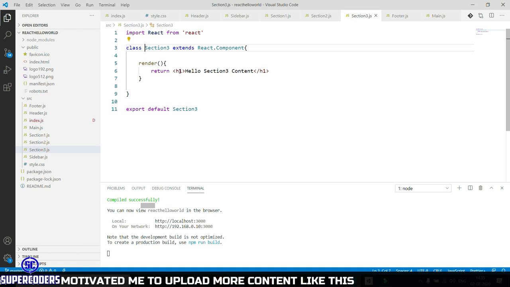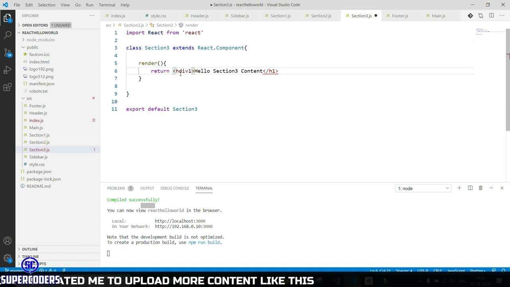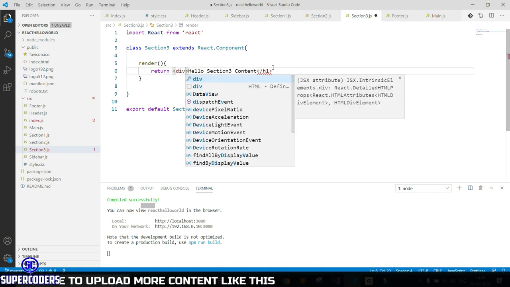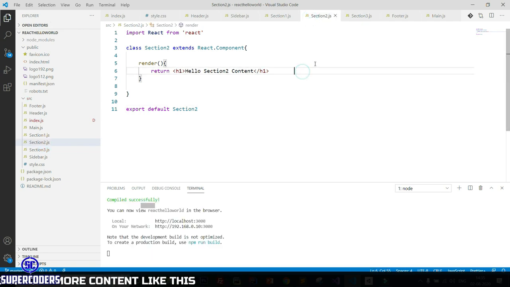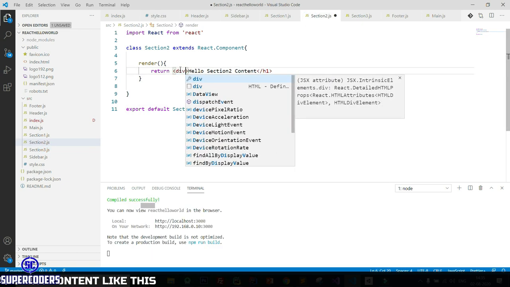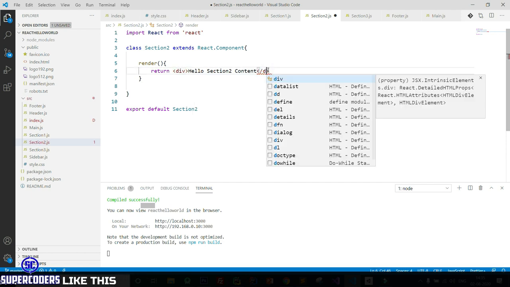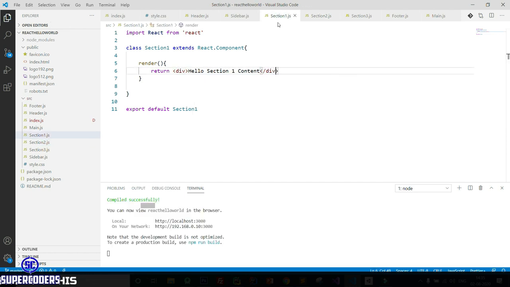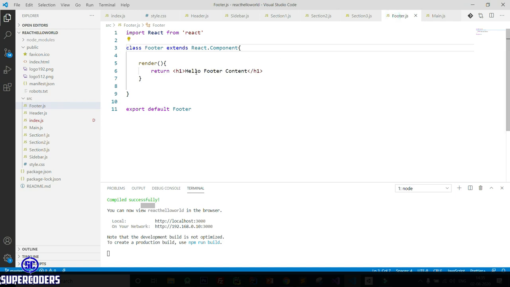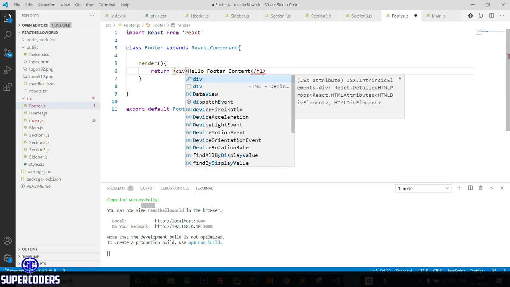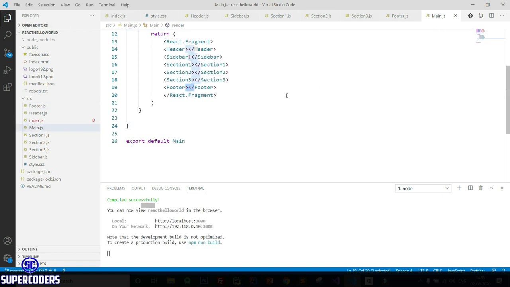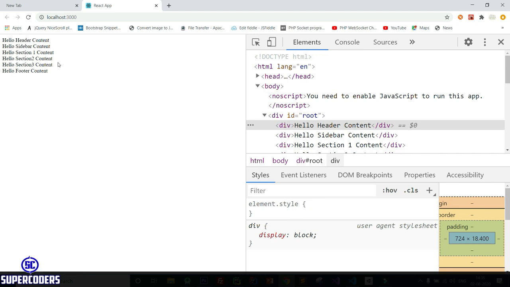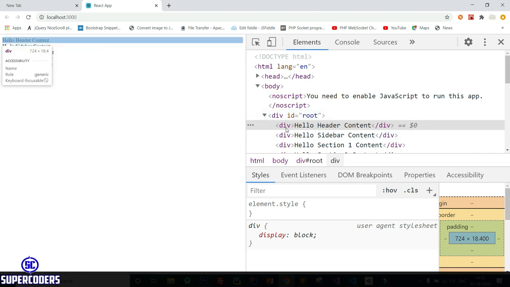Section 3 div. Footer also div. So all are done now. Now everything comes inside div.